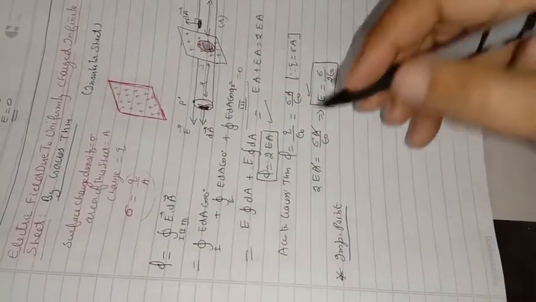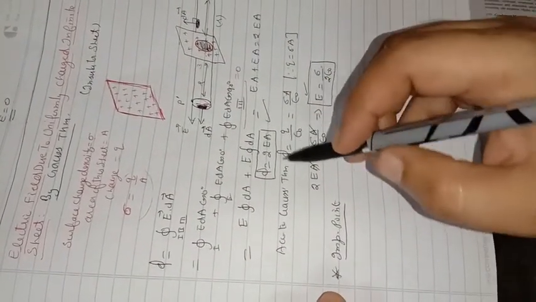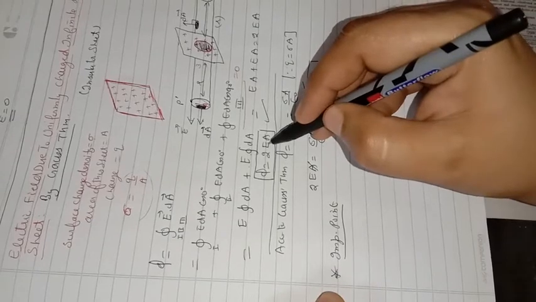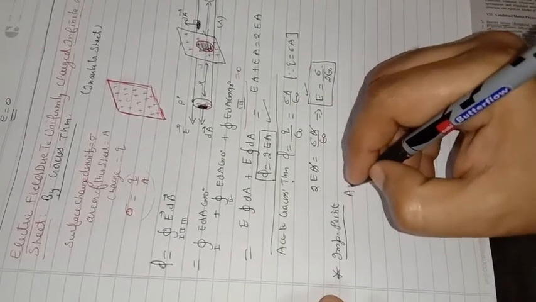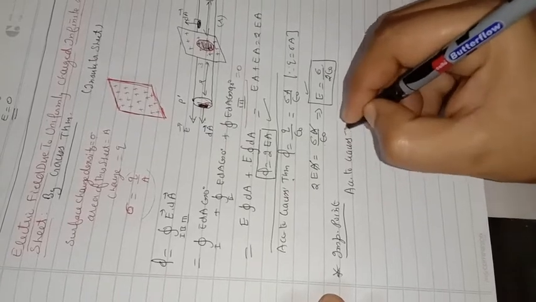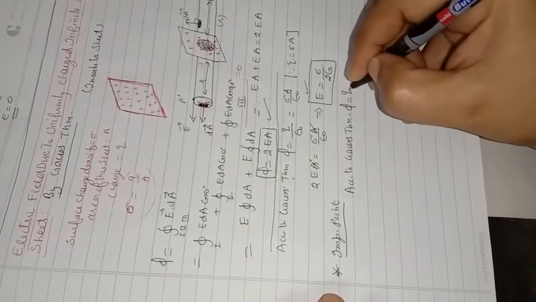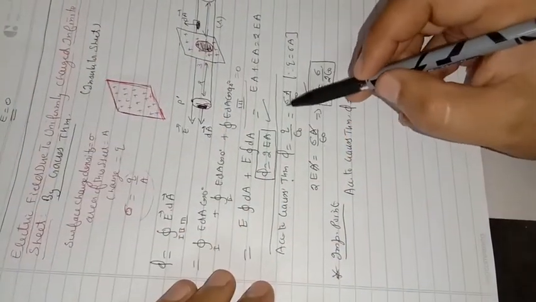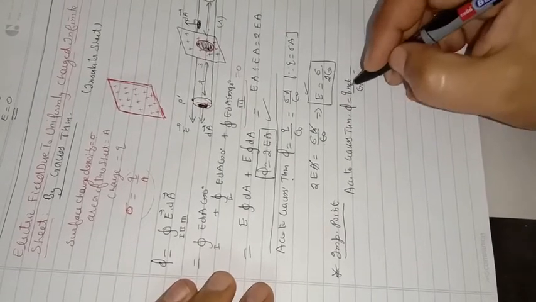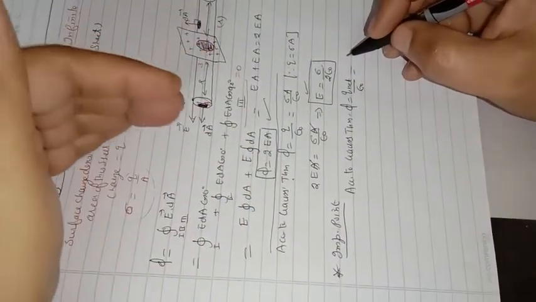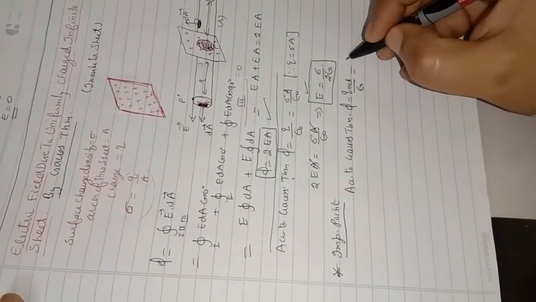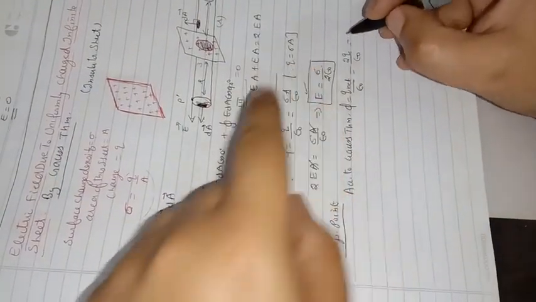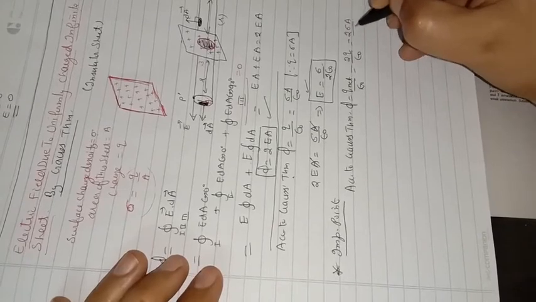So for that particular case, we will have a small change in the derivation. Up to this point, finding flux will remain the same, but when we apply Gauss theorem, phi will be equal to Q net over epsilon naught. Because the charge was present only on one side, we had written only Q equal to sigma A. But in this case, charge will be present on both sides, Q on one side, Q on the second side, so total charge will be equal to 2Q over epsilon naught. Again Q is equal to sigma A, so it will be 2 times sigma A over epsilon naught.